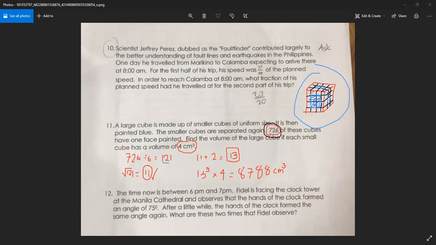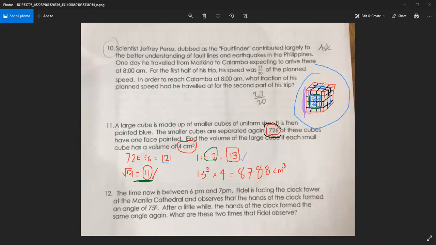11 here is actually the measurement of this one. This green line that you are seeing is now 11. The measurement of this is 11. The measurement of this is 11. The measurement of this is 11 since this is a cube. So that's why we get the number 11 here. Why do we need to add 2 here? We need to add 2 to identify the measurement of the cube itself. So we added 2, one for this and the other one here. That is why we added 2. So 11 plus 2 and that is